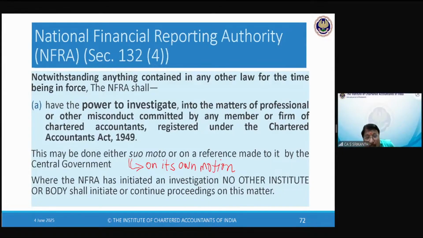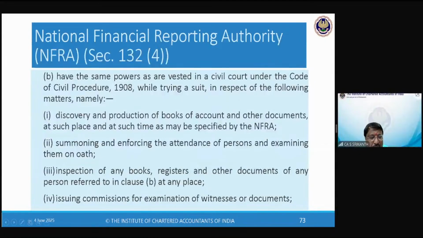See, it could be that the member has reported something in his CARO, the Companies (Auditor's Report) Order, CARO 2020. And based on that, he would even have qualified. Nobody notices it. Nobody reads it. Somebody in NFRA may read it and then pick it up. Why not? It will be nice if they actually read the qualifications given by the member, possibly ask the member, boss, what is it you are trying to say? And let the member give his views.